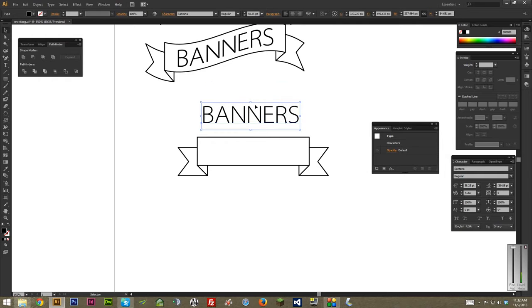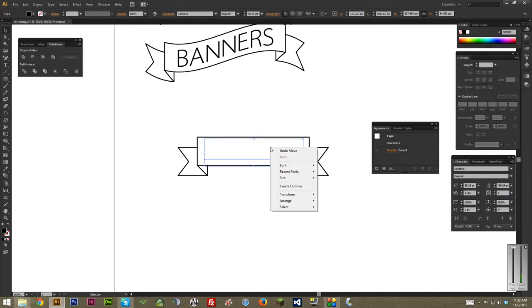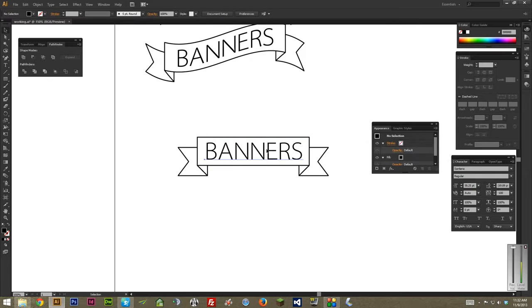And you can use whatever font you want for your project. Just pick one you like. This is a pretty basic font just for the purpose of demonstrating it. It's behind it, so I'm going to right click, Arrange, Bring to Front. Just pop it on here. And actually, now would be the best time to group it. So once you have a type set up and filled in the box the way you think it looks good,